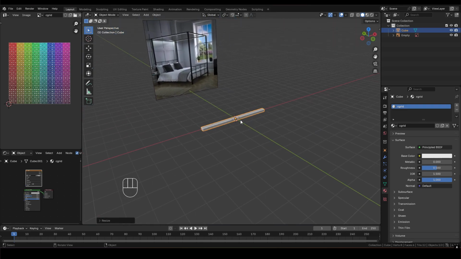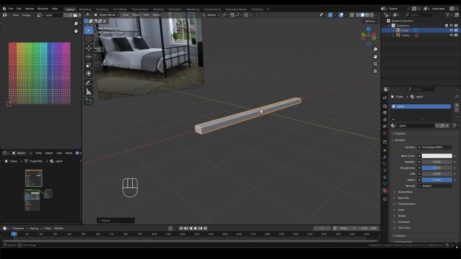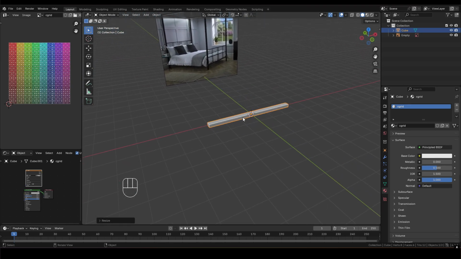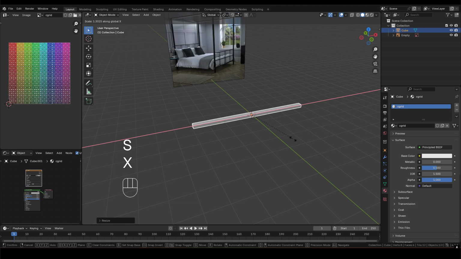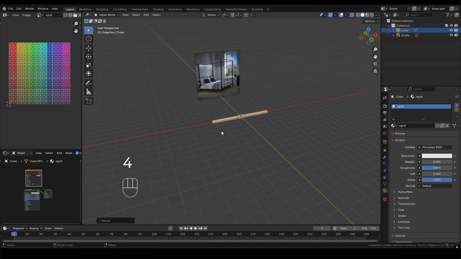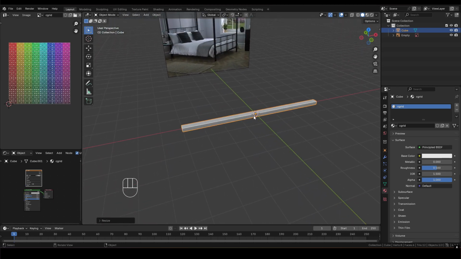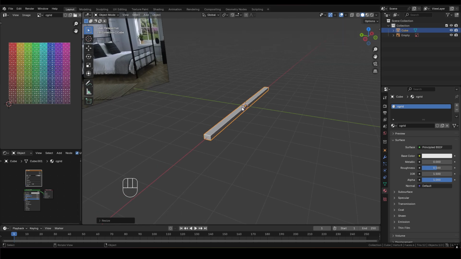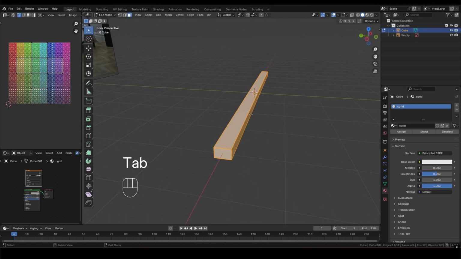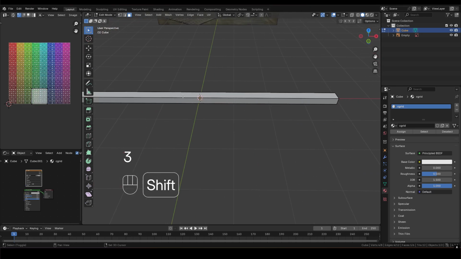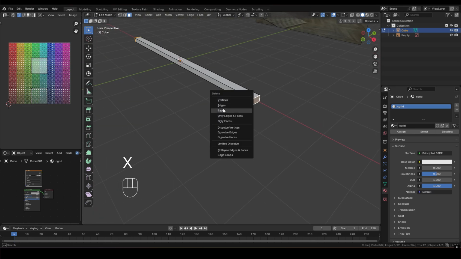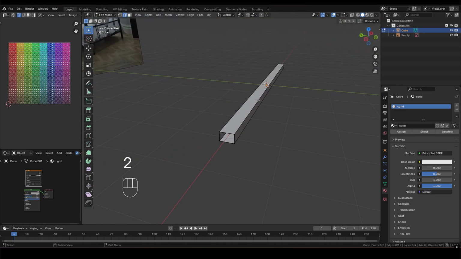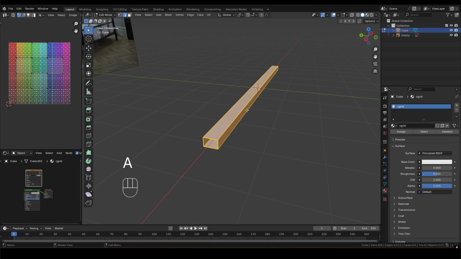We could always scale it up at the end if it's too small or too big, but we'll scale this up maybe at the end. So if I just scale it up a little bit more actually, if I just undo that scale Z, so that's about 3. Let's go 4. Okay, 4 is good. Yeah, that's better. Nice big bed. So now what we're going to do is I want to go into edit mode. I'm going to select these two side bits here, and I want to remove these two faces. X and delete faces. I'm going to now press number 2 for edge select, press A to select all, and